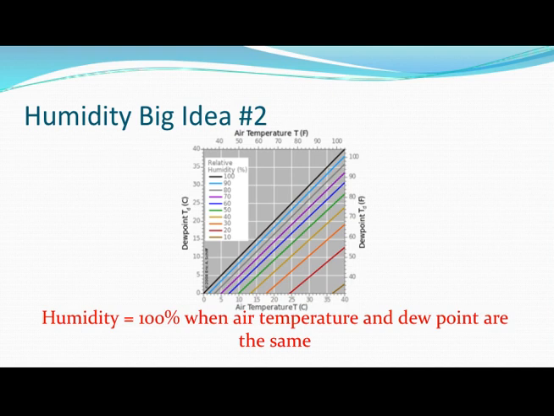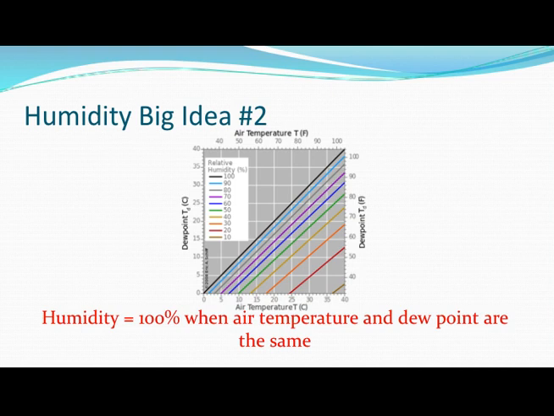And that's what this graph tries to show you. What do you mean tries to? Well, it all depends on whether you can interpret that graph, right? And on your paper, it's in black and white versus color up here on the screen, right? Yeah. Okay. So this graph is trying to show you that when air temperature and dew point temperature are the